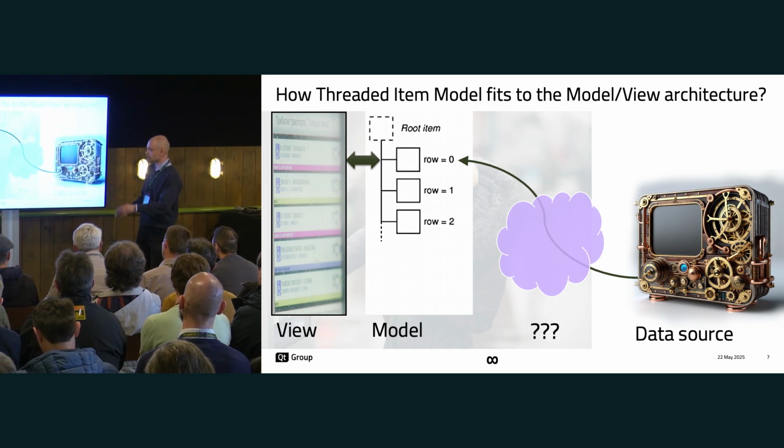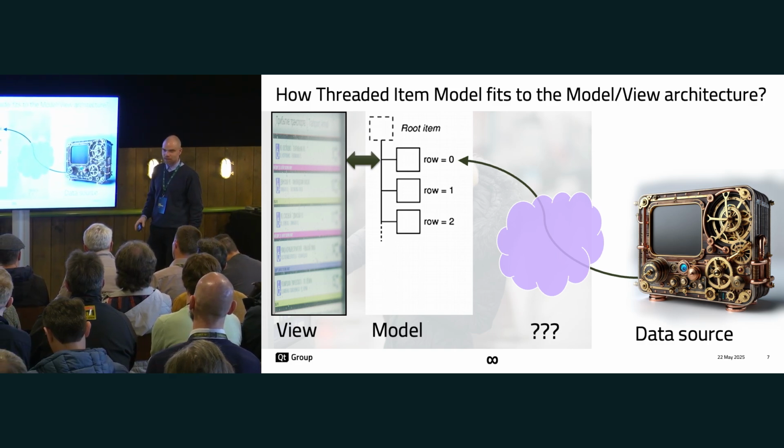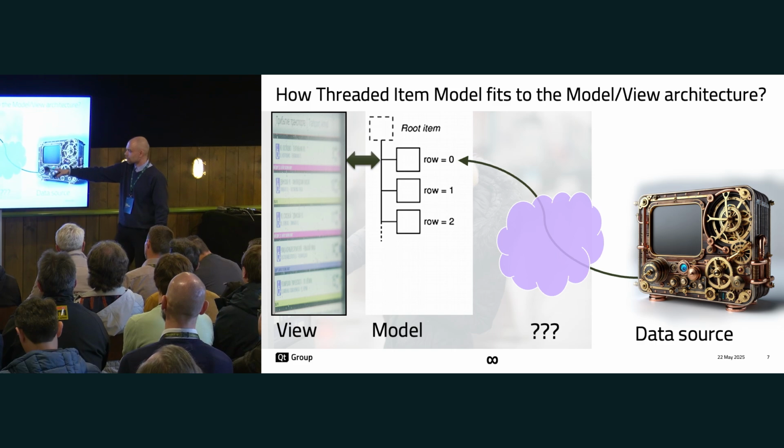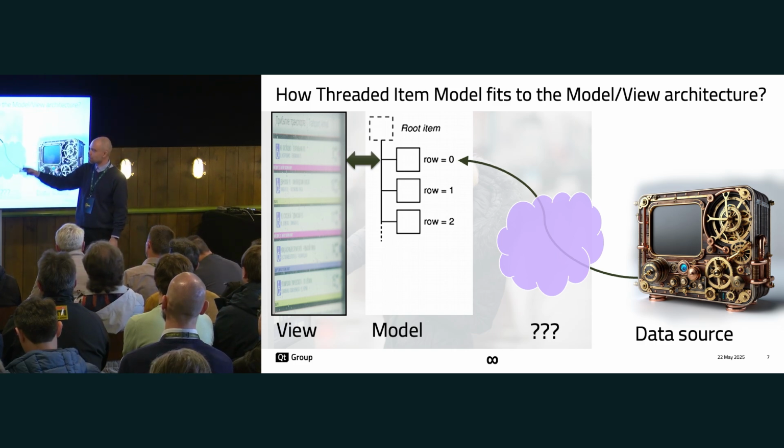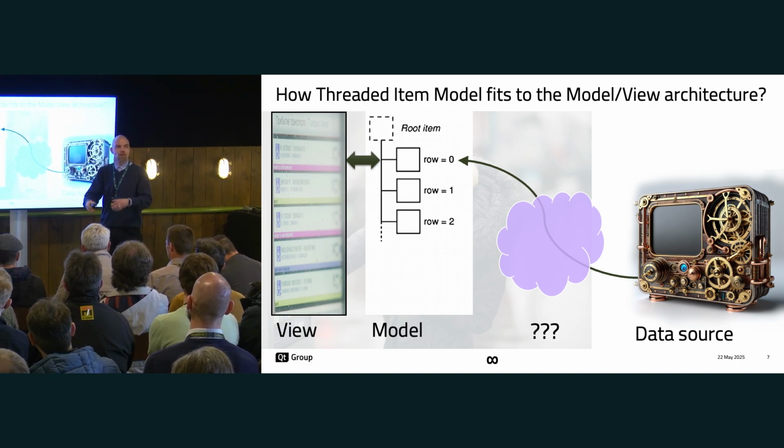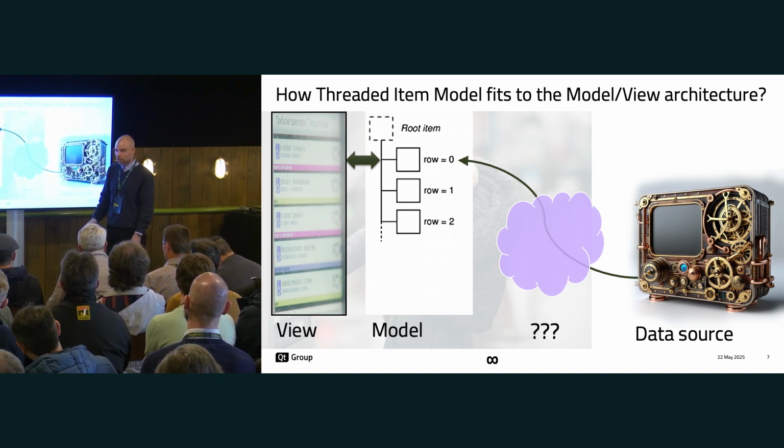Even at best, there is something, and it's there. Usually this part is missing. How does the data go into the model? The examples pre-fill the model and the view is lightning fast. But in real life,